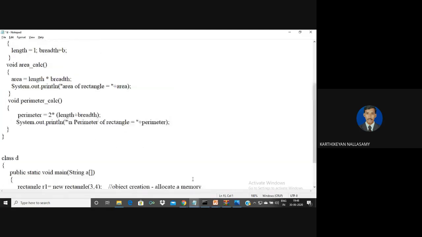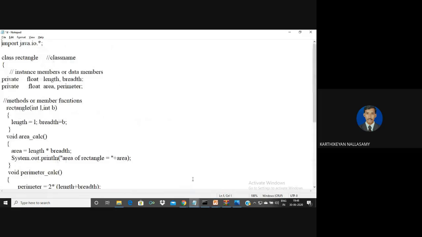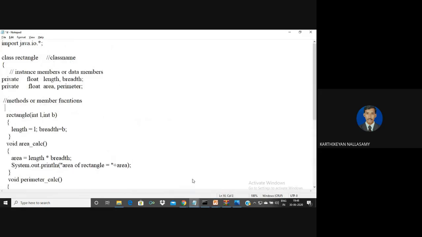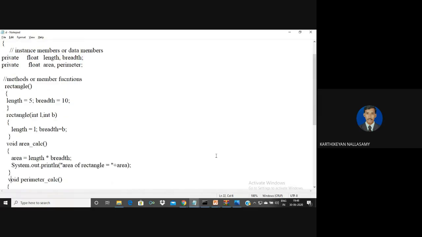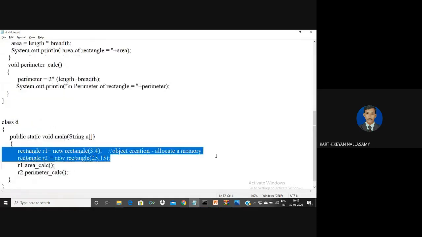Next one is polymorphism, the ability to take more than one form. For easy understanding, I'm going to create an empty constructor, called the default constructor, which assigns the value of length equal to 5 and breadth equal to 10. Here this is a rectangle.